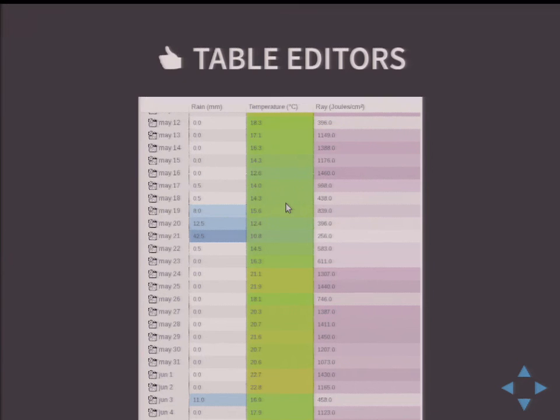Table editors are also very, very nice for these kinds of use cases because you tend to have lots of data which is just unstructured and in line as an input, and it's quite convenient to see it this way also. But you also get to change the colors and have more analysis capabilities in the table.